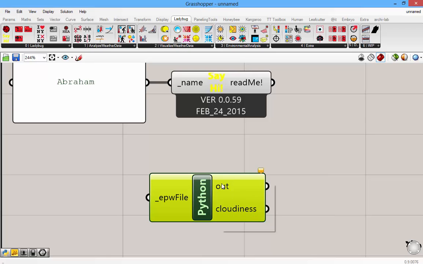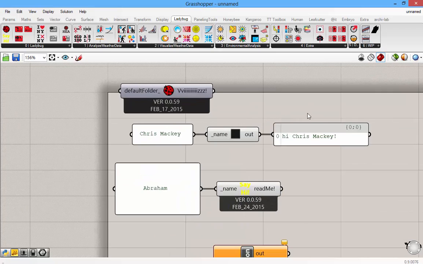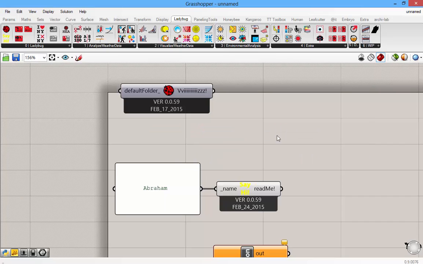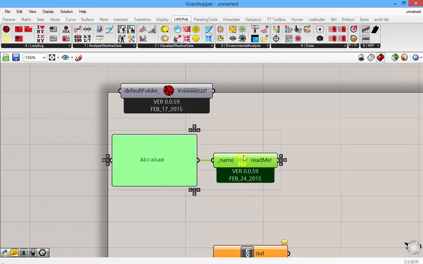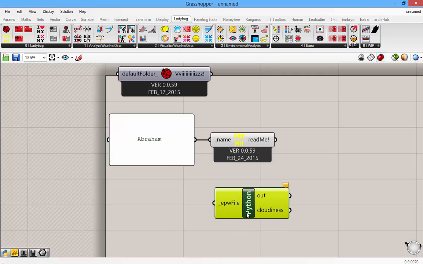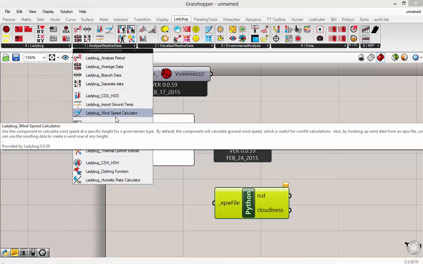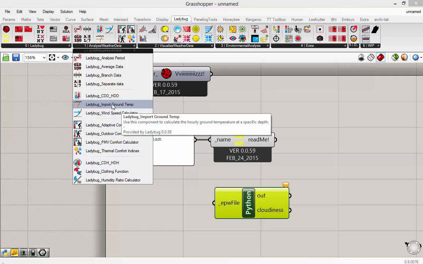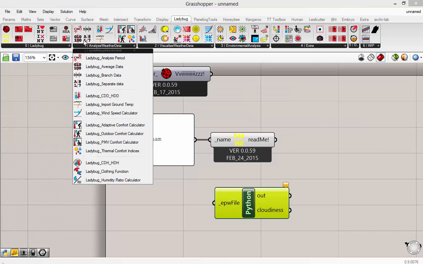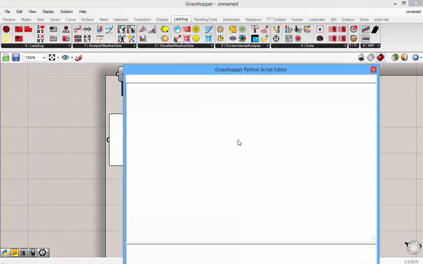And do I need these? I just keep it for now, so we can use it to debug the code during the process, but probably we don't really need it. I remove this. So we have this component here, and I want this get cloudiness to be added here, right? Under analyze weather data. It's similar to import ground temperature maybe, so it can go around here, under Ladybug panel 2. To do so I just copy paste the stuff from this component as the template,